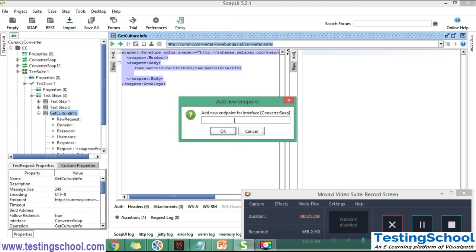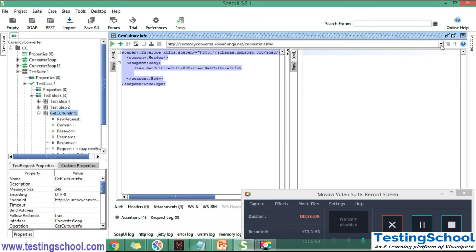So as a tester, he may be testing many environments. For example, some people will test in UAT and pre-prod, but some people will test in dev, SIT, UAT, pre-prod and prod, all the environments. For all the environments, code will be stored on different servers based on the environment. So whatever URL the developer provides, we have to provide the environment URL here, and click on the OK button. But for the time being, we are using this endpoint, which is a free one.